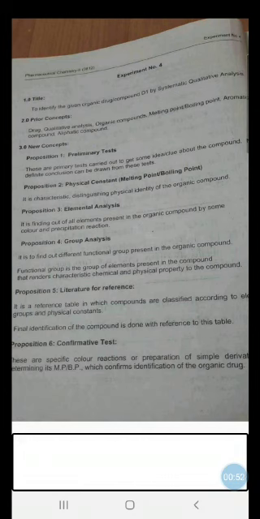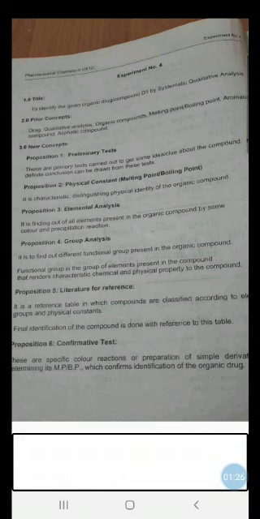Now every procedure will remain same, but only the compounds will change. Sometimes you will get acid, sometimes you will get carbohydrate, sometimes you will get amine, sometimes you will get nitro compounds. That thing only will change, but the basic steps during performance will remain same. That is, you must follow the steps which we have already discussed in sequential manner only. Once again I am saying, you should follow all the steps in the given sequence only.